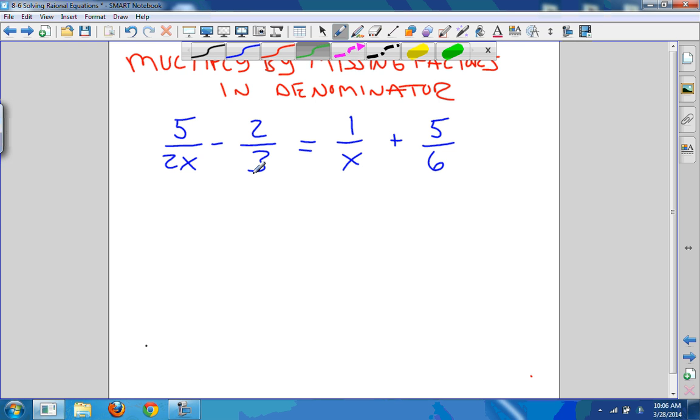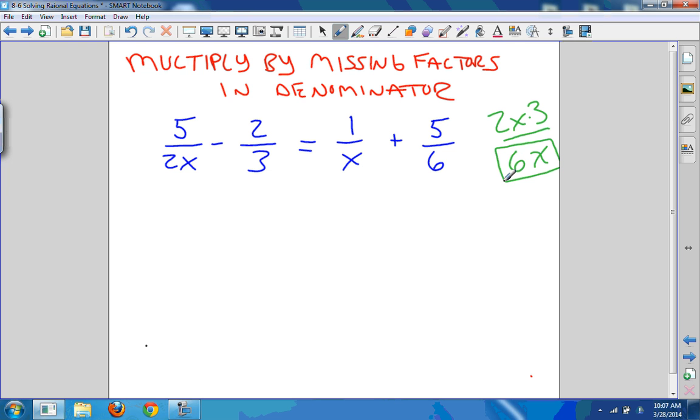So this one has a denominator of 2x. This one has a denominator of 3. So I know that we're going to have a 2x and a 3 in my denominator. This denominator just has an x, so my common denominator already has an x in it there. And this one has a 6. 2 times 3 is 6. So it looks like 6x will be my common denominator. That should work for all these denominators here. So let's try that. 6x